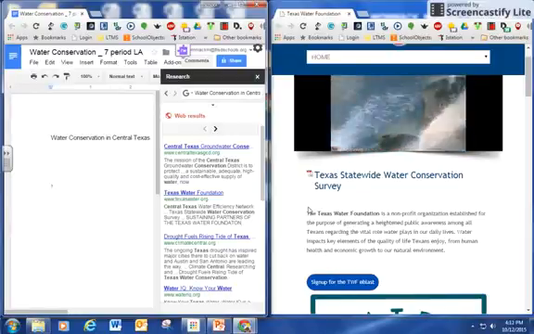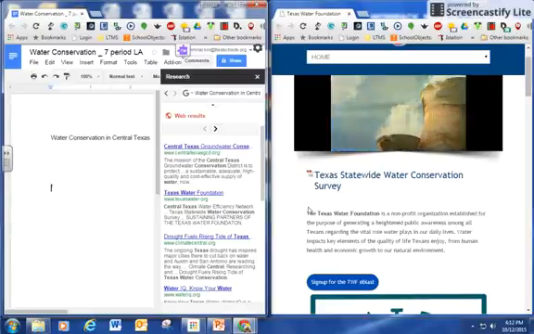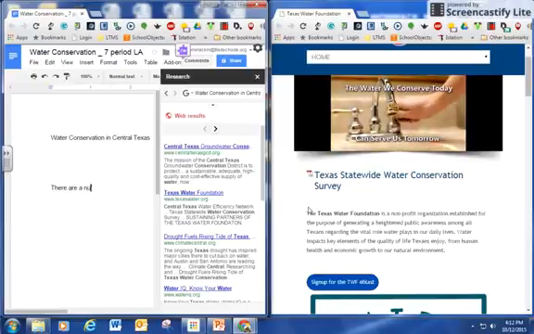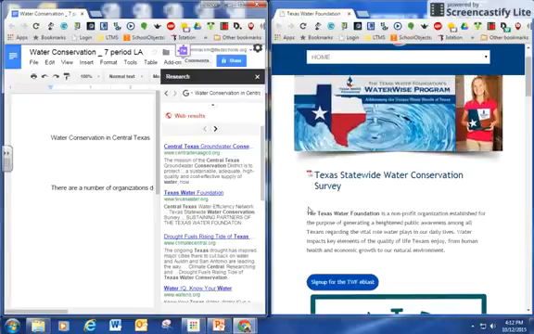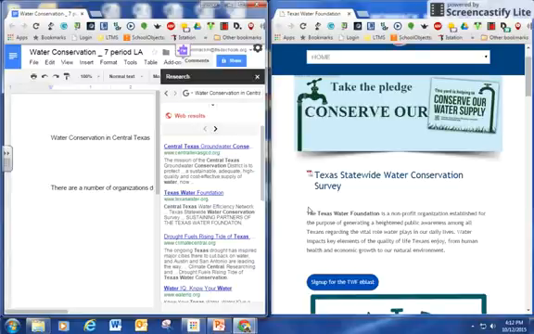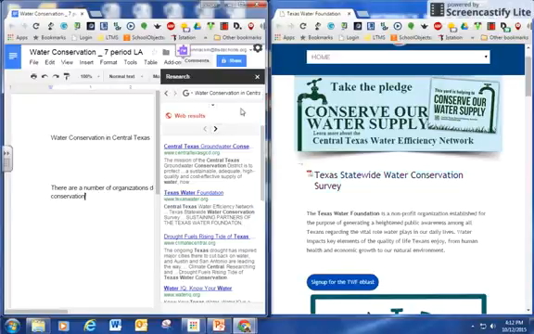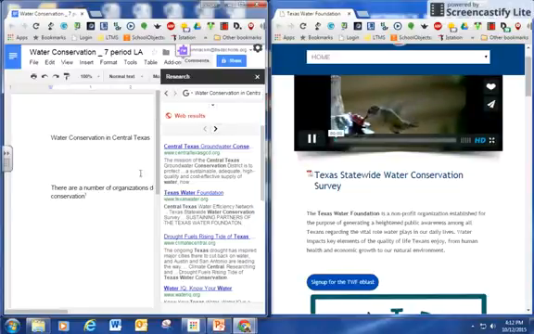And so I might say something like, there are a number of organizations devoted to helping us understand the importance of water conservation. Now, unfortunately, because I had this open, I couldn't see everything I was typing, but